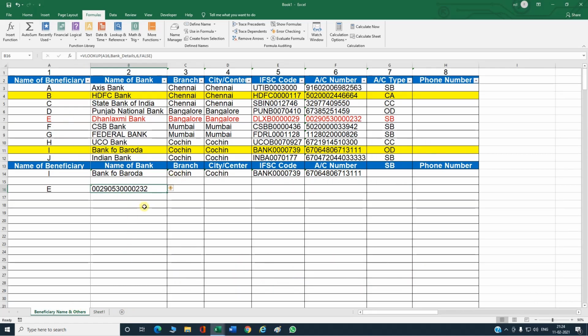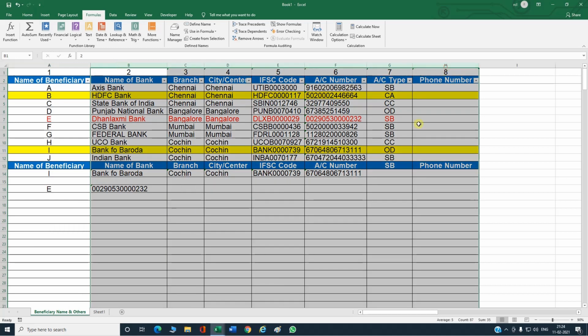The first drawback, we can't say drawback, it is a limitation. The first limitation is that the VLOOKUP function will look only to the right side of the table. That means here the name we used as the lookup value is on the left side and the other details are on the right side.